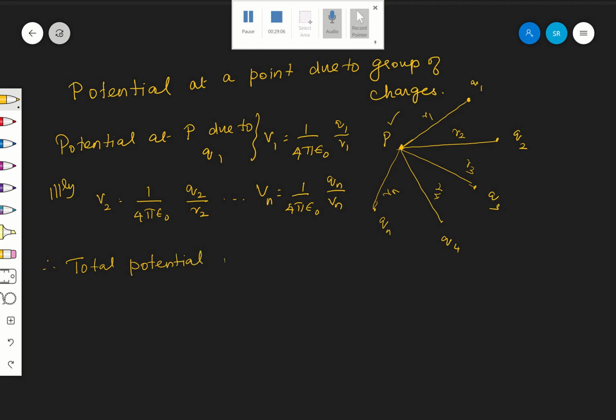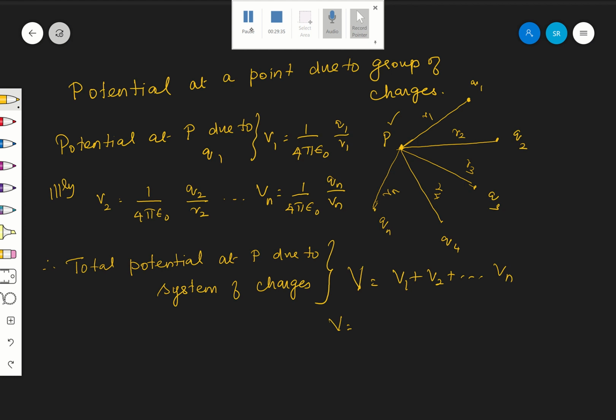Potential at P due to system of charges is given by V. That is V1 plus V2 plus etc. Vn. Therefore that is nothing but V, that is equal to, you can take 1 by